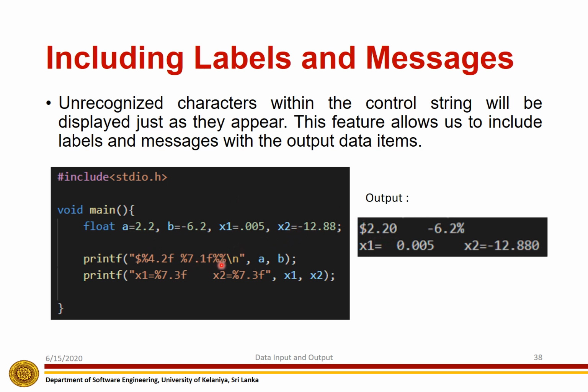In here, the second one, there are two percentage signs. The first one indicates the start of a character group and the second one is for displaying the label. So it will display B is minus 6.2, that is, minus 6.2 and the percentage sign. Like the second one, x1 and x2 will display in here. Those are the main things you want to know about